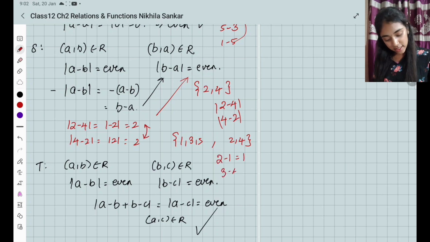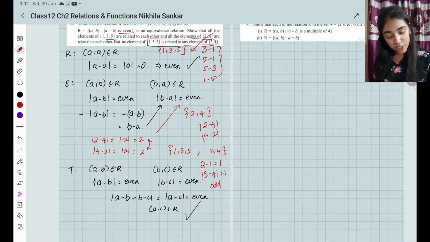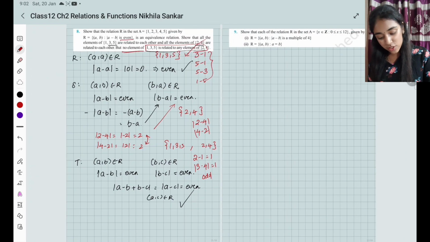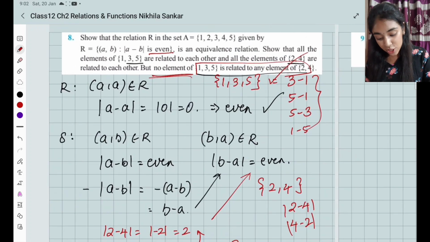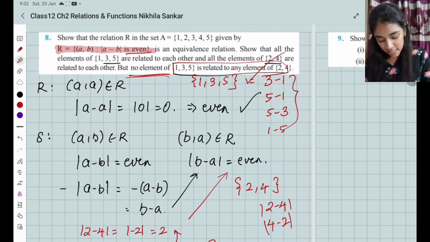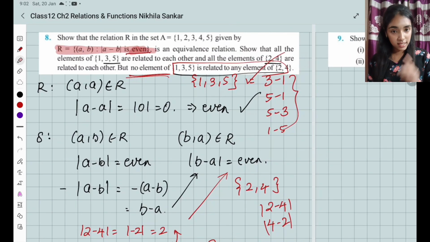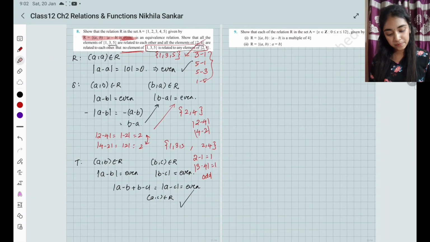You can also take 3 − 4, whose absolute value is again 1, which is an odd number. So it is not satisfying the relation, which means they do not satisfy each other. No element of 1, 3, 5 is related to 2, 4. Understood? There will be no relation between 1, 3, 5 and 2, 4, because they do not satisfy the condition given in the question. Why do they not satisfy it? Because the question says even, so they do not satisfy it. Okay, understood? Now